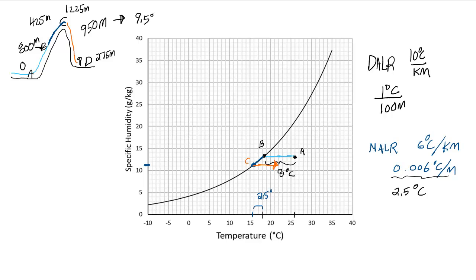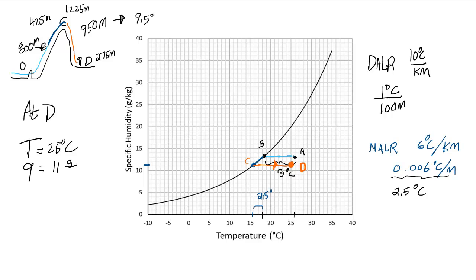So we were at 15.5 degrees, right? We're at 15.5 degrees. We add 9.5. That brings us exactly to 25 degrees. So this path goes all the way out here to 25 degrees right there. And our final destination, we reach it at a temperature of 25 degrees. We're at D now, 25 degrees, and a specific humidity of 11 grams per kilogram of air. So let's just write this down. At D, we have a temperature of 25 degrees C, and the specific humidity Q is equal to 11 grams